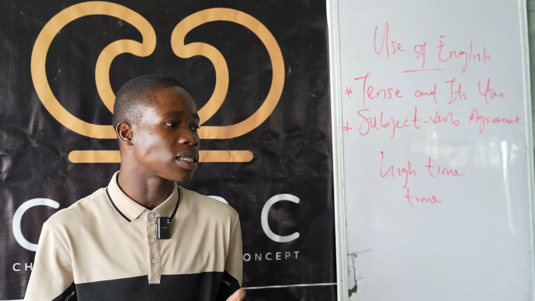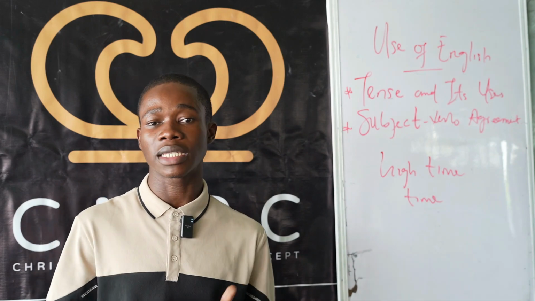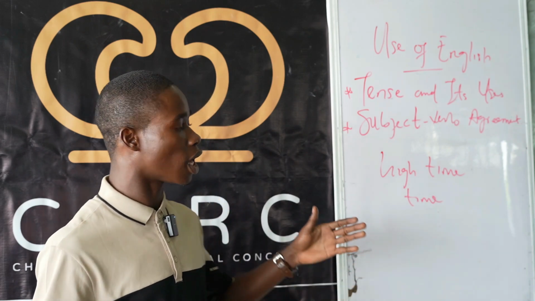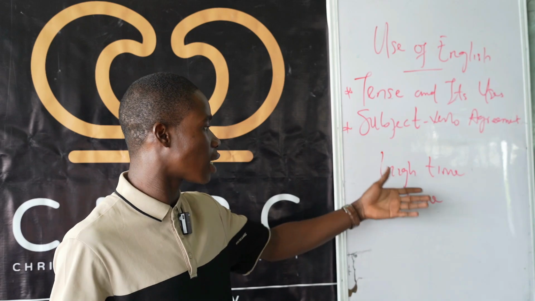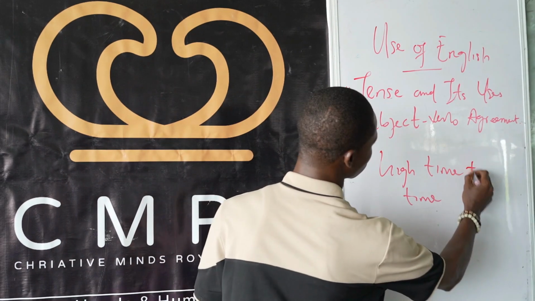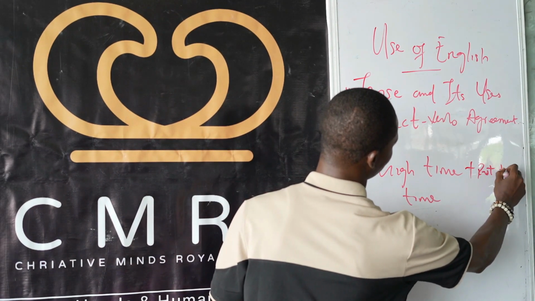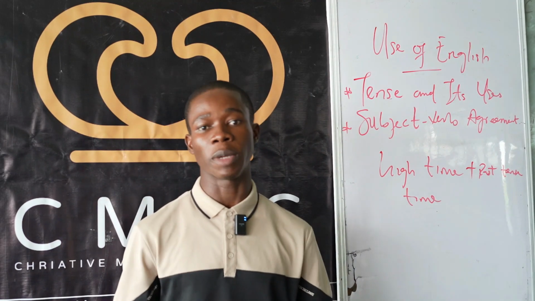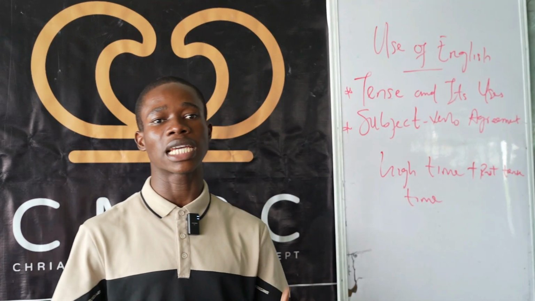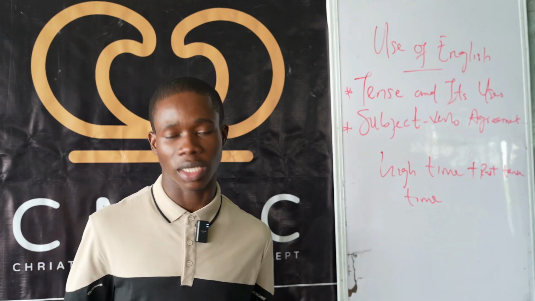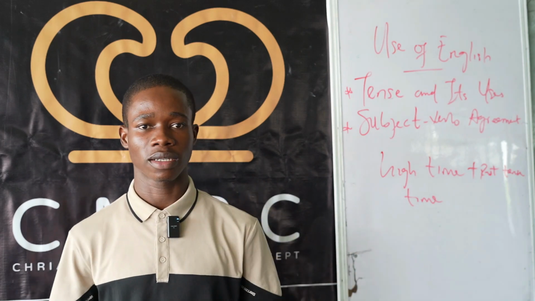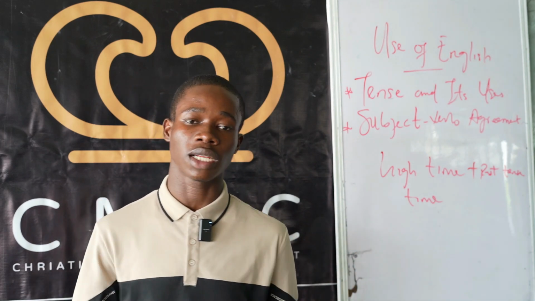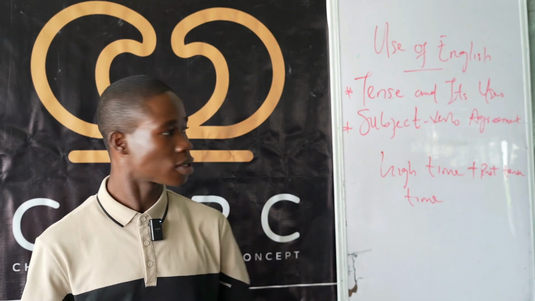So we use the past tense form of the verb to align with this phrase, high time. So high time plus past tense, like, it is high time we prayed. If you say it is high time we prayed, you are saying, let us pray. It's just as simple as saying, let us pray. But you have to follow rules in the English language if you want to be correct. So that is that about that.